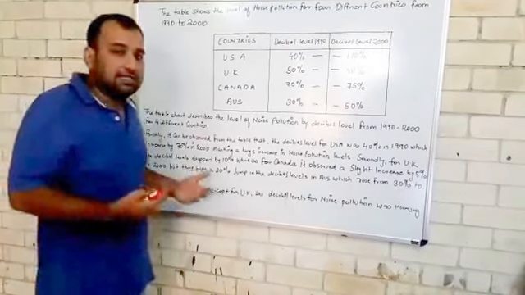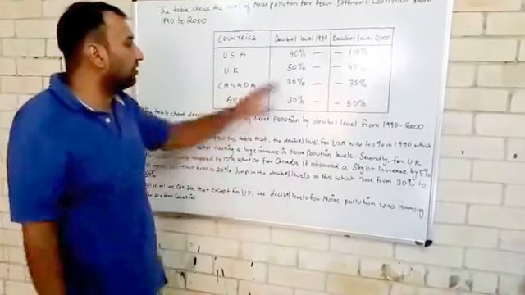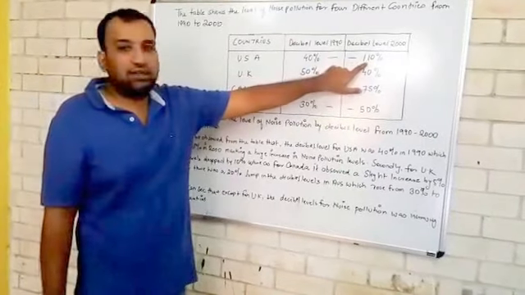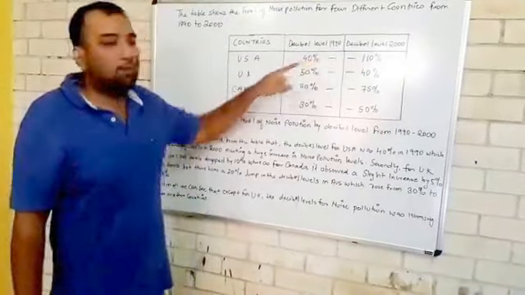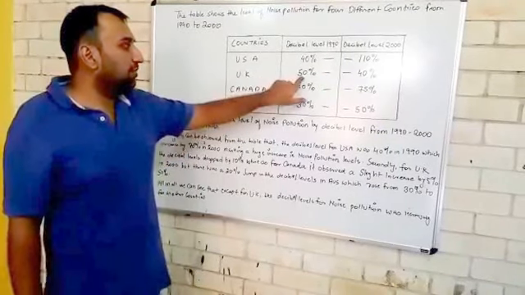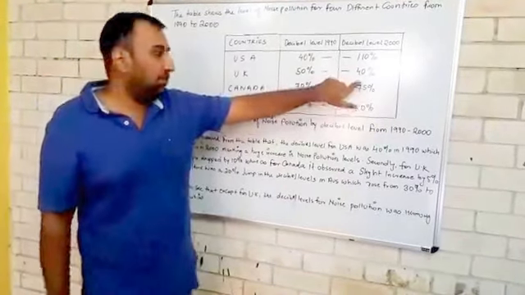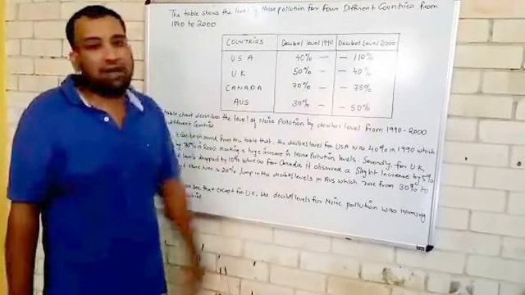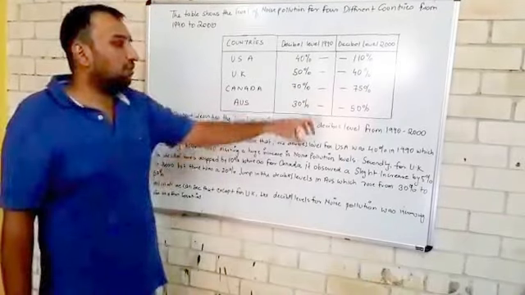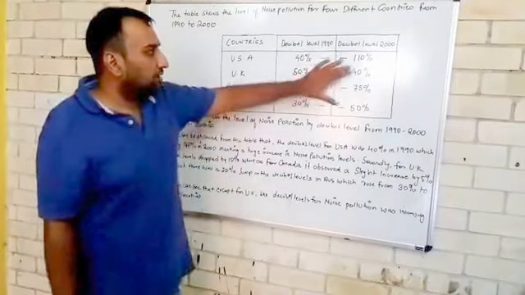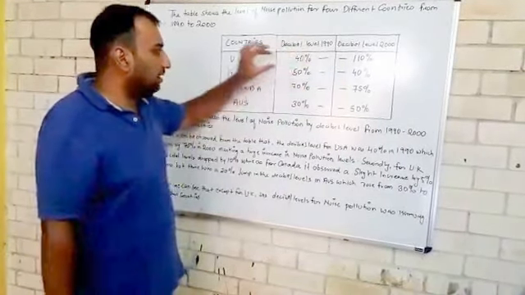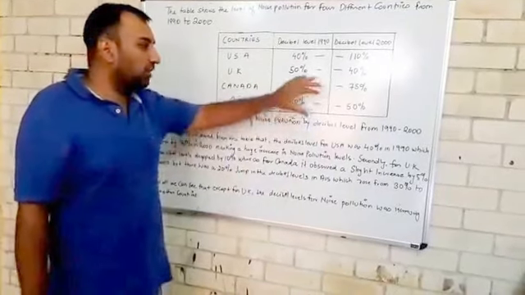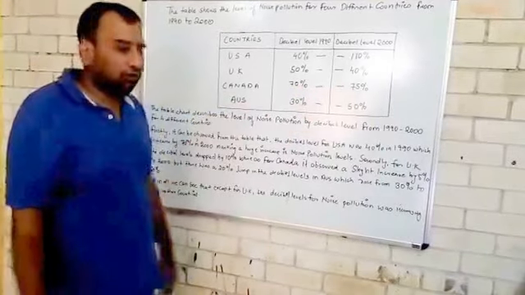Now once we analyze this, first let's just quickly go through the differences. If you see USA, the decibel level in 1990 was 40% and in 2000 it has increased to 110%, so there is a big jump of 70%. UK is 50% in 1990, which is reduced by 10%, which you could say is a small reduction. Canada, which is 70%, has jumped by 5%, and Australia has jumped by 20%. So you see the difference in the first segment was less, then there is a decrease, and again the increasing ratio is slowly, steadily picking up pace when we come down to the Australian segment.